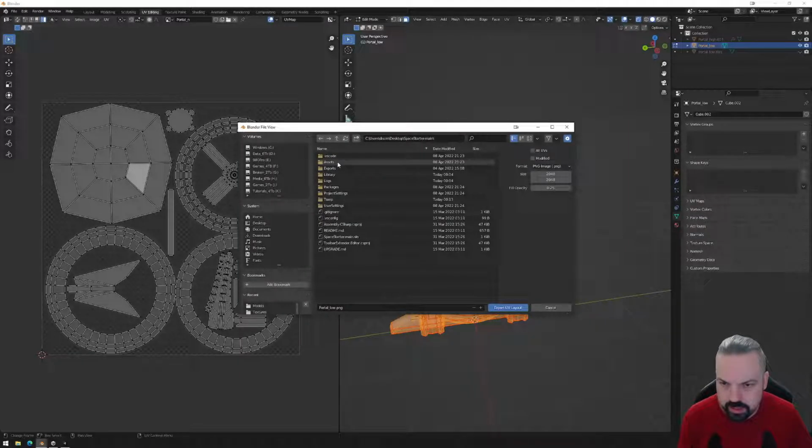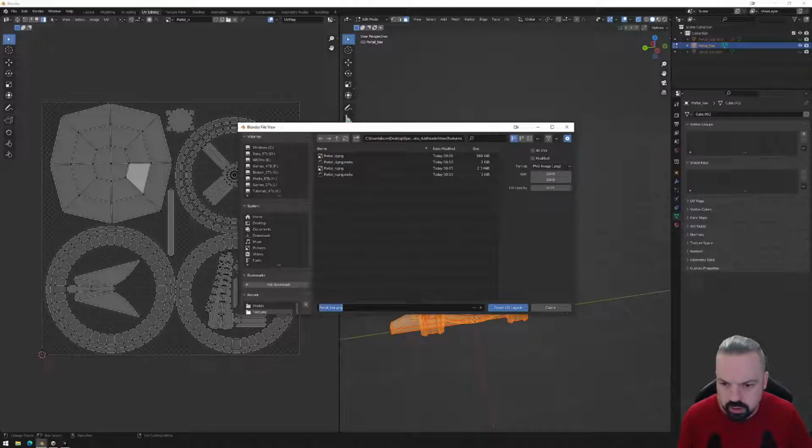So let's sure, let's do that in here, I guess. So prefab portal UV,